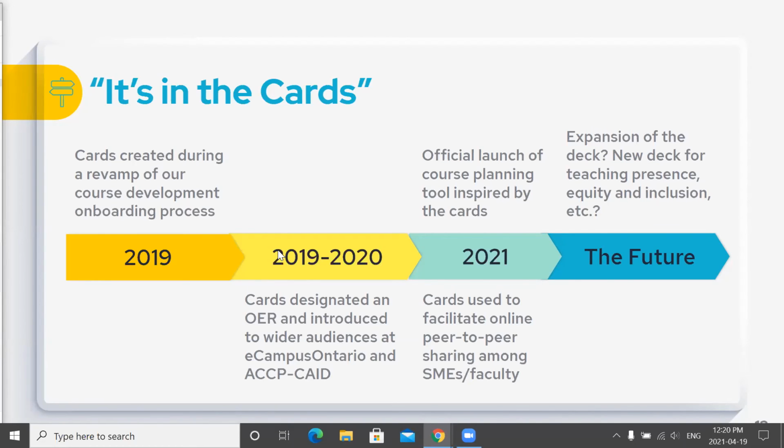In 2020, the cards were then used within internal PD workshops, as already mentioned, for faculty teaching online and face-to-face courses. Soon after that, they were presented in a webinar for the Canadian Association of Instructional Designers as well. By the end of 2020, the cards became the inspiration for our team to launch the course planning tool, which through several iterations and tweaks, we are now using